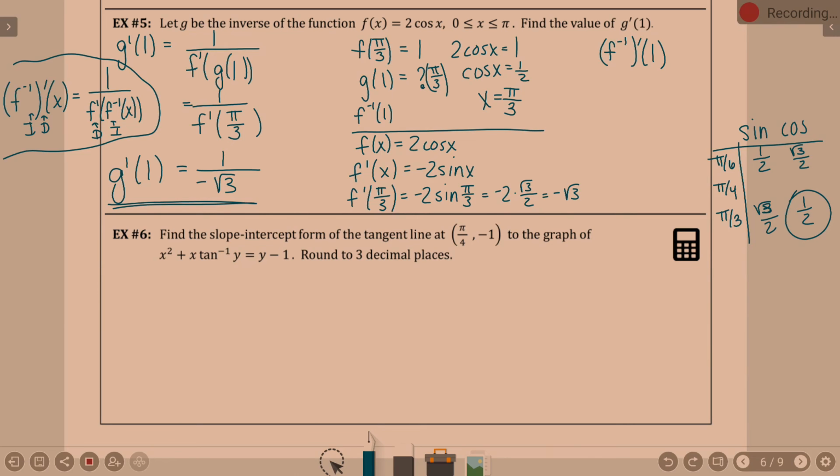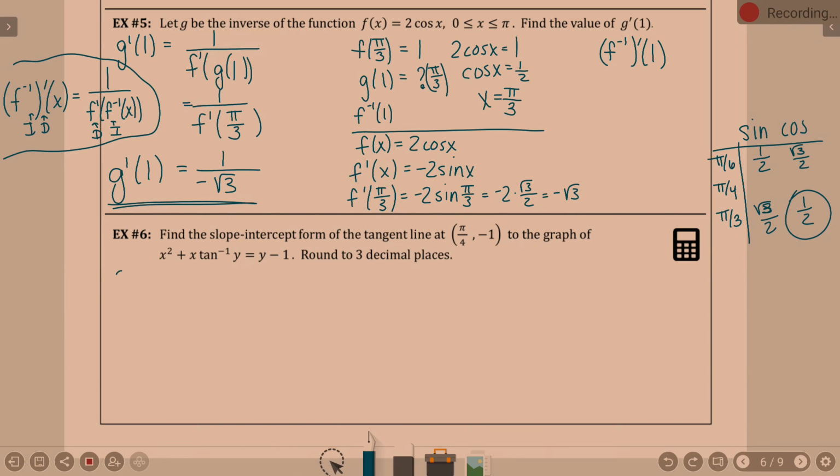Okay, so this is not something we are solving for y. It's just not happening, okay? So there's 2 y's. One of them was in an inverse trig function, so we're using implicit differentiation, okay? The derivative of x squared. In other words, we're taking the derivative in this form. 2x. Derivative of x squared is 2x